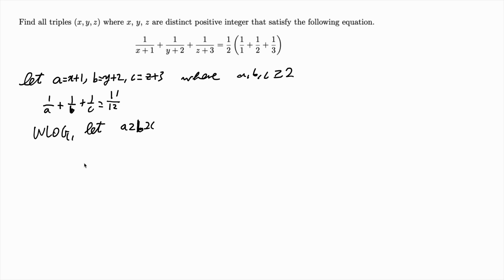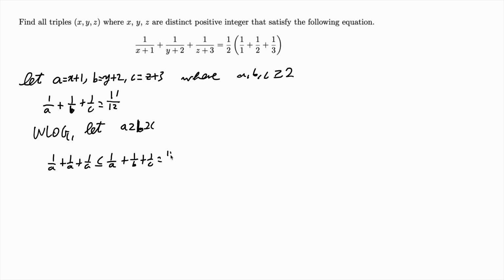Okay, so here we know that because a is the greatest, this one, 1 over a plus 1 over b plus 1 over c,